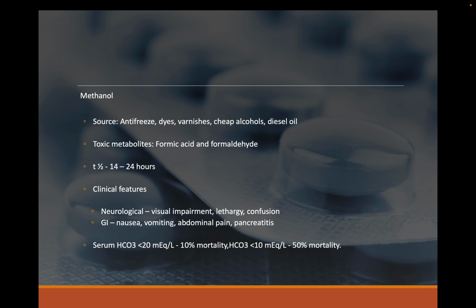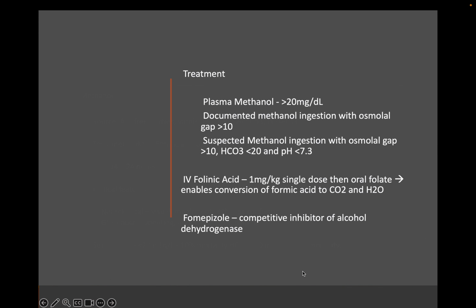Generally these have high osmolarity. So bicarb will be less than 20, and based on bicarb we can tell: bicarb less than 20, 10% mortality; bicarb less than 10, 50% mortality. This is a classical case. Plasma methanol will be more than 20, and there is a documented osmolar gap. I mentioned a few: ethanol, isopropyl alcohol, propylene glycol, methanol, salicylate will have a high osmolar gap of more than 10. So in any suspected methanol ingestion, osmolar gap more than 10 or bicarb less than 20, pH less than normal,